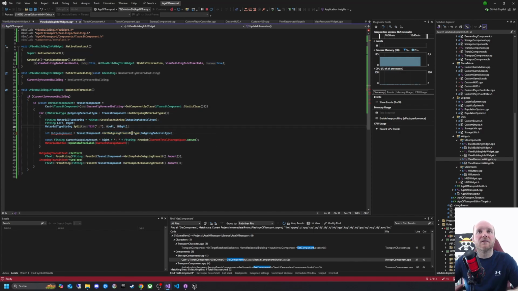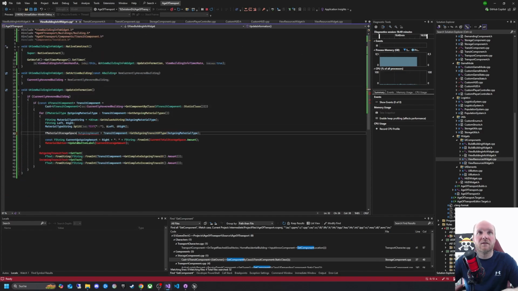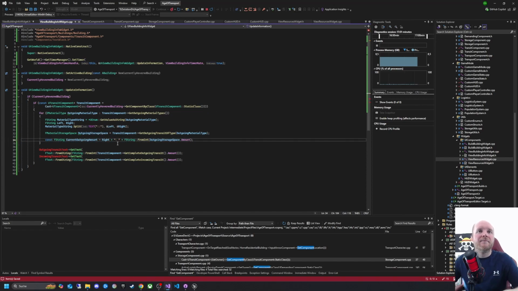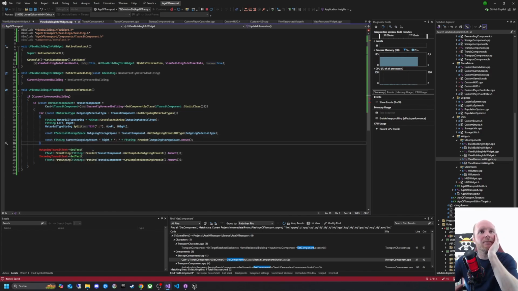No. This gives us material storage space. And then we can add here, so we have this. Now we have to add